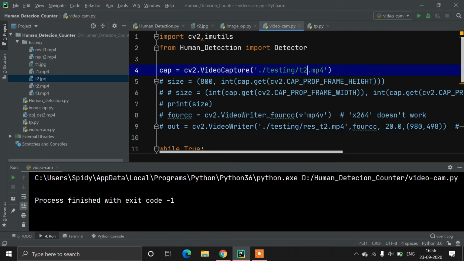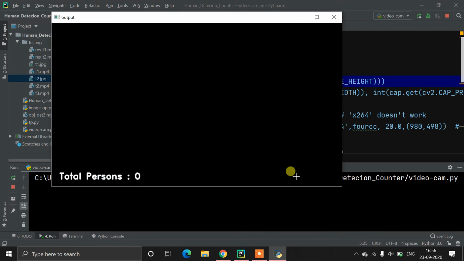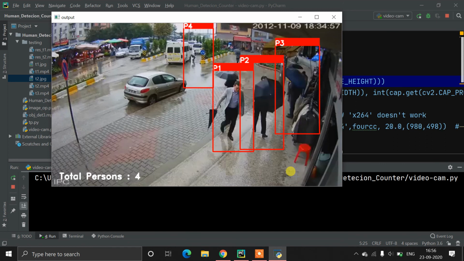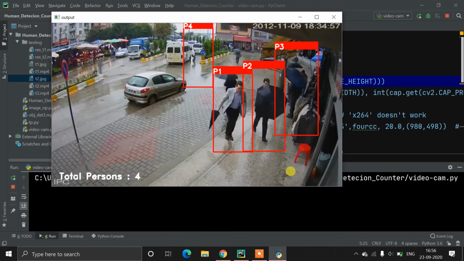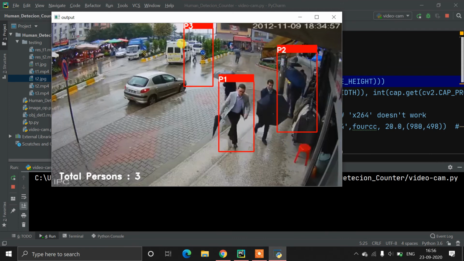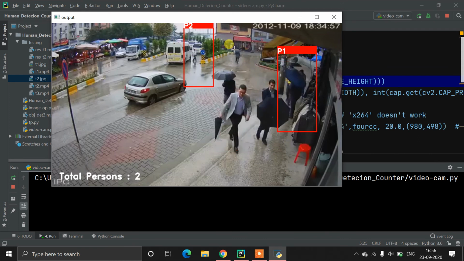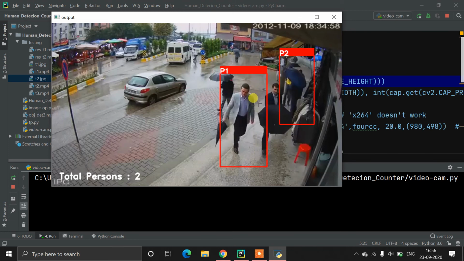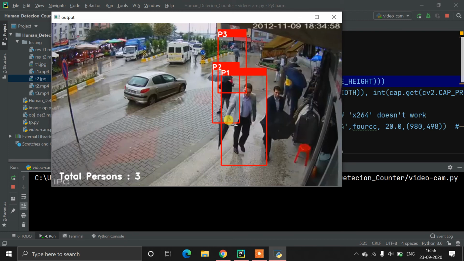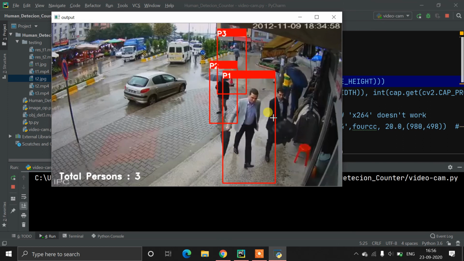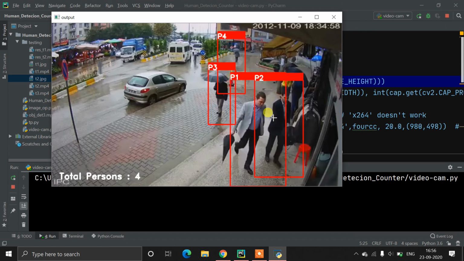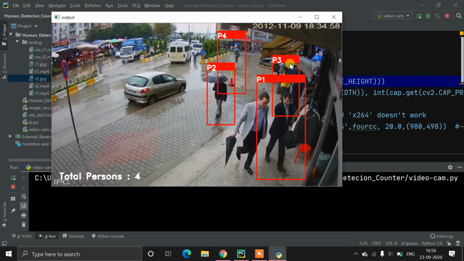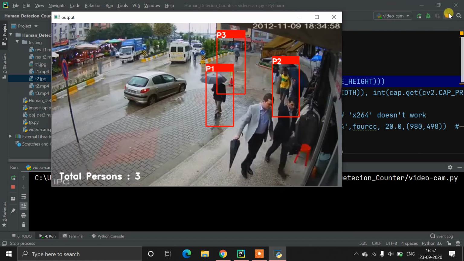Now I actually already have 3 videos, so we will check every video. Now we are checking t2.mp4. This is also CCTV footage. You can see this person, who is very small, is detected, but this person is ignored here. From all the other people, only 2 are detected. This video is around 1 minute long, so it will run almost 2 to 3 minutes, because it will show very few frames here. But now you can see detection is working very well here.